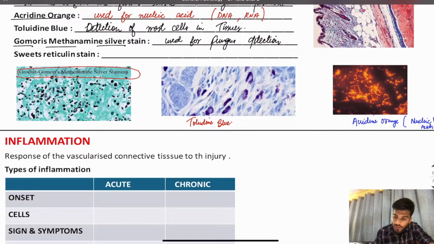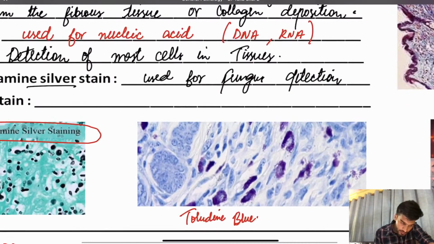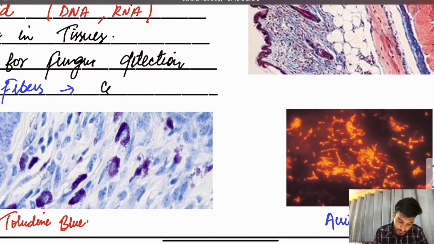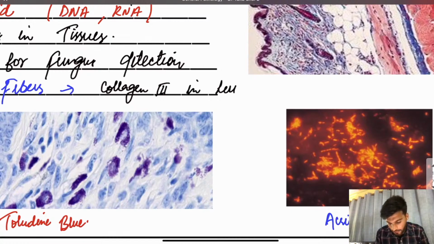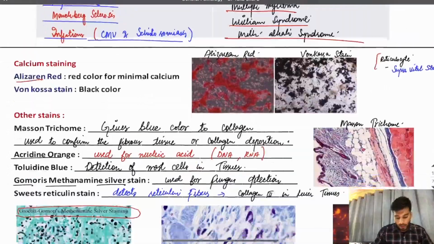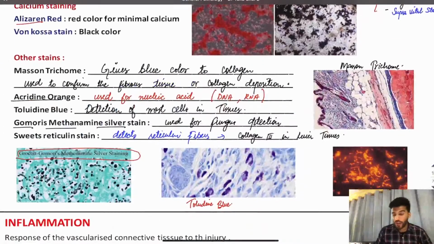So the last one, guys, the sweet reticulin stain. It detects the reticulin fibers, collagen 3. It detects reticulin fibers, collagen 3 in liver tissues. Yes, right, supravital. Okay, so this was all about our first chapter, guys,